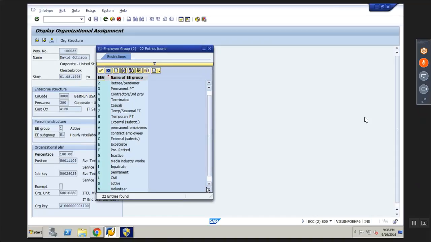Now these from 1 to I are defined by the product. The rest, if you see down, are created by someone else. Any company might not have more than these employee groups. If you look at the employee groups, everything is there. Do you think any type of employee group is missing?